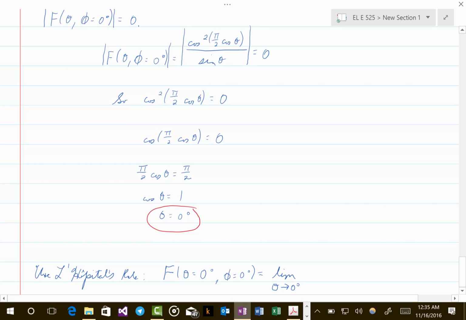So in the top we have cosine squared of pi over 2 cosine theta. If we take the derivative of that, we'll get 2 cosine of pi over 2 cosine theta, because this has a form basically u to the n, where u is the cosine of pi over 2